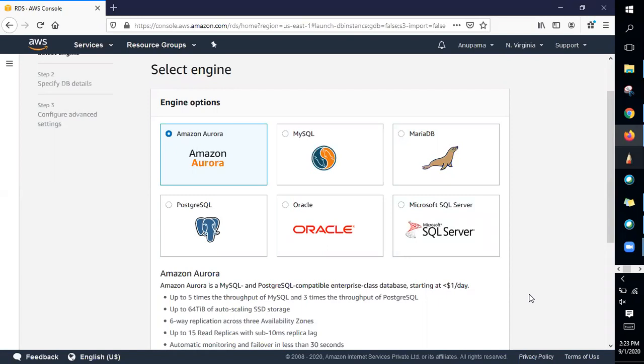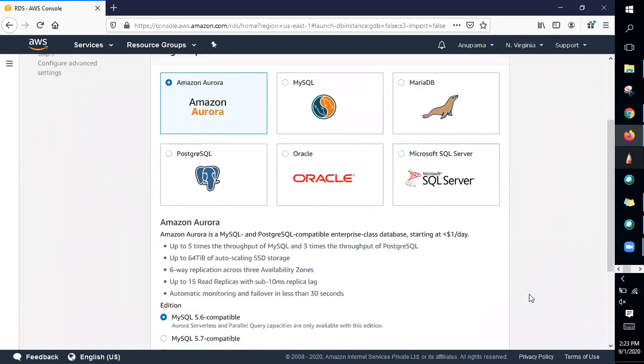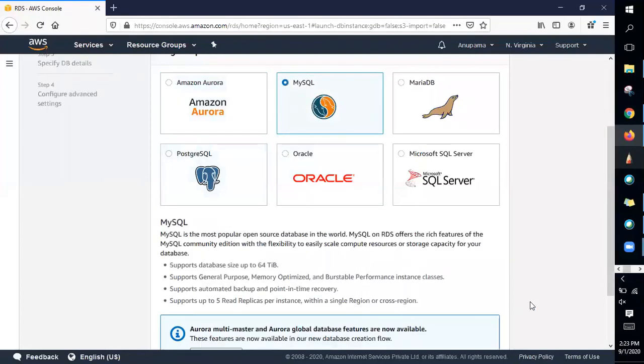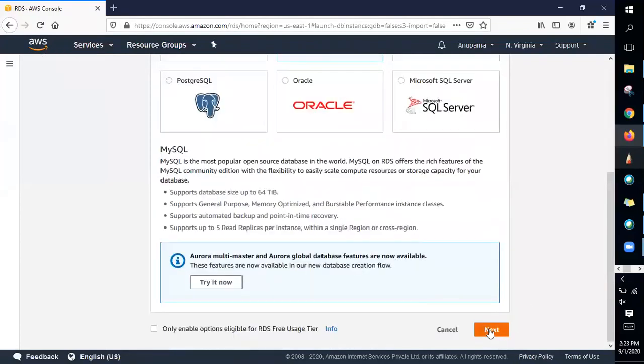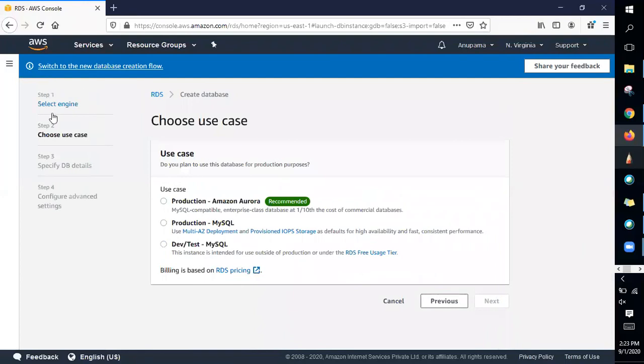We also have Amazon Aurora, which is the AWS database. It is said to have 5 times the throughput of MySQL and 3 times the throughput of PostgreSQL. They're compatible with MySQL and PostgreSQL. So for demonstration, let me click on MySQL and go to the next step. In the first step, you have selected the engine. In the second step, you would be selecting the use case.